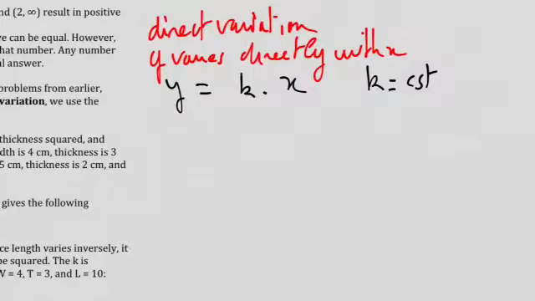Of course, I'm dealing right now with y and x, but I can deal with any kind of variable in a direct variation or an inverse variation. And this is where I'm a little bit different than your note. I like to write when you have an inverse variation,